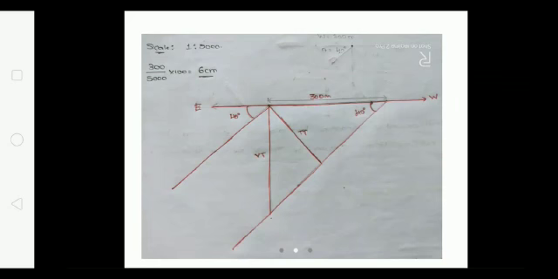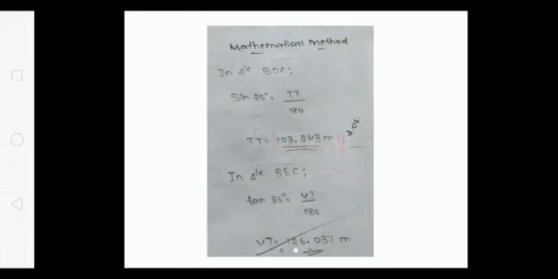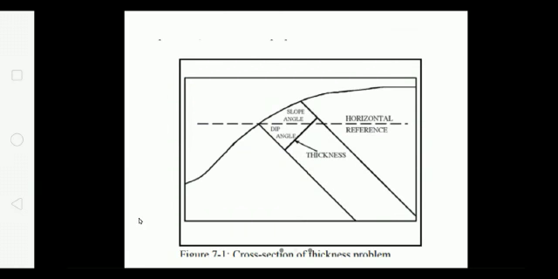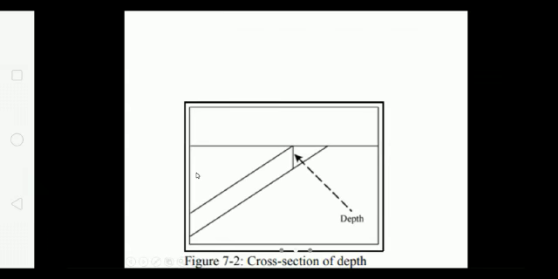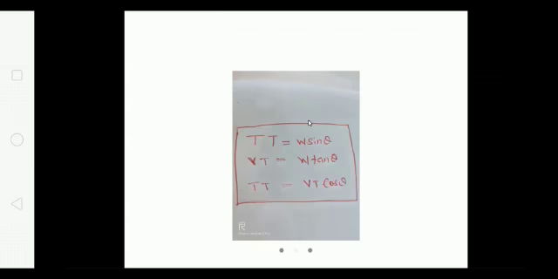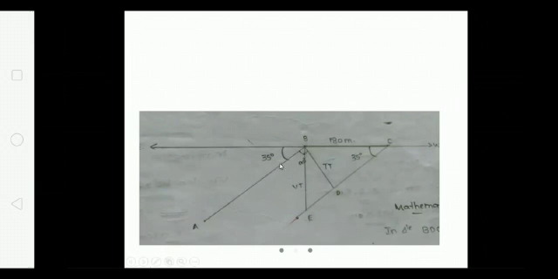See, when you say dip, we should remember we have two terminologies there, dip amount and dip direction. Remember, when you say dip, it has a dip amount, which was clear in the thickness problem. So I'm going back to that part only again. So dip angle, when you say dip, it has two terminologies, here dip angle and dip direction. So what is dip direction and dip angle? This dip angle is nothing but the inclination.